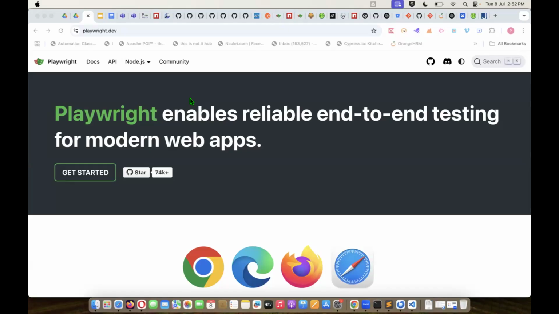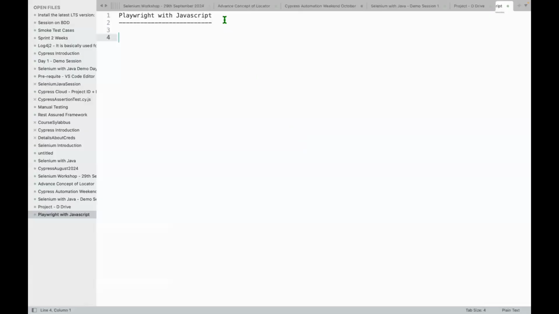We will obviously have a detailed discussion on the advantages of using Playwright. I know some of you are already aware of it, but I'll still go through that so that everybody is on the same page. This curriculum is designed in such a way that we will start from scratch. When I say scratch, it will be purely with one of the popular languages, that is JavaScript, guys.